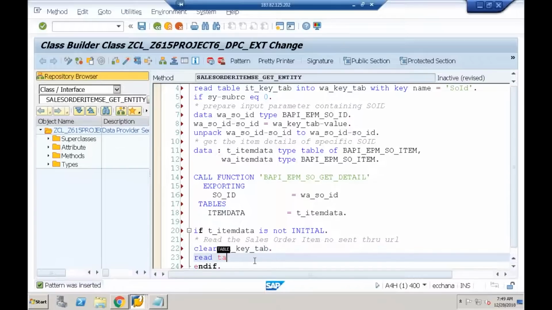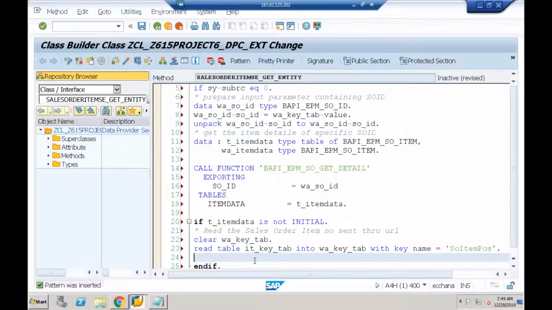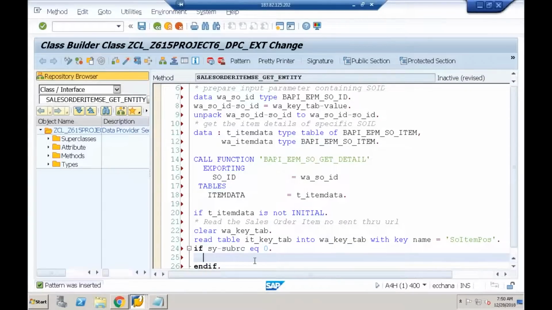Now I'll say read table it_key_tab into w_key_tab with the key. What is the second parameter we observed? SOITEMPOS, uppercase. Then if sy-subrc is equal to 0,